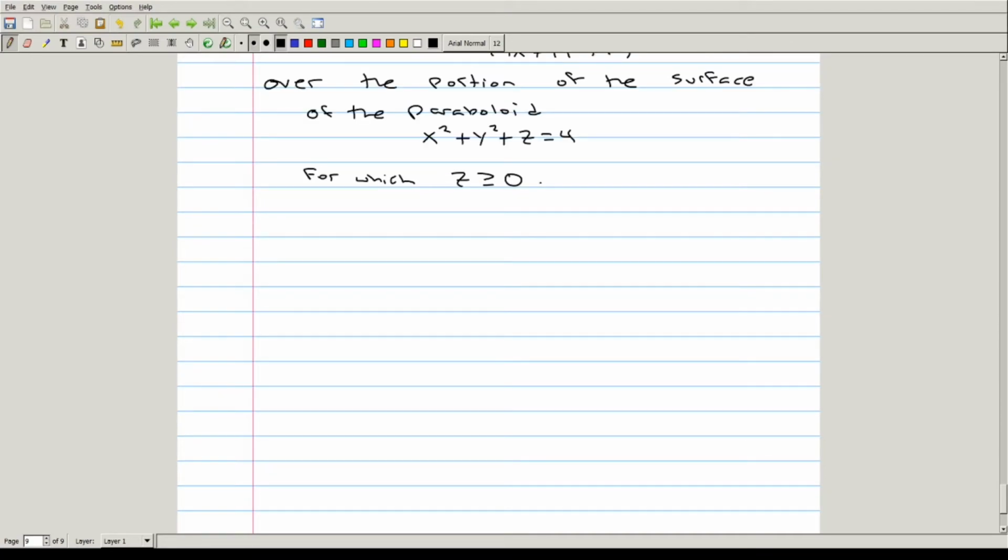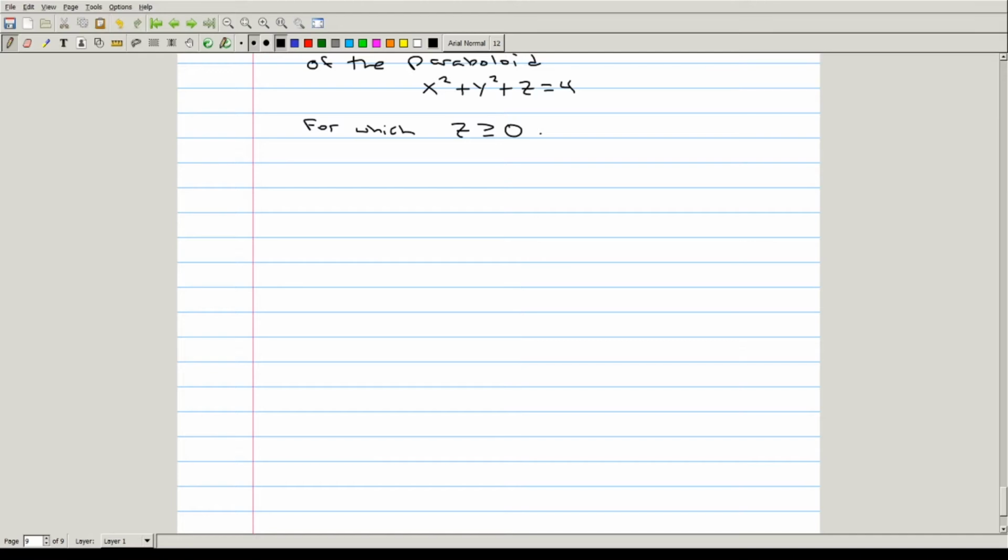Now, the best way of starting any problem like this is to try to get some idea of what the surface you're dealing with looks like. We can do this directly using the idea of cross sections. This is always how you can visualize what a surface is going to look like, if you figure out what it looks like in terms of some of its cross sections. So, given that we're looking at the surface z is equal to 4 minus x squared minus y squared,